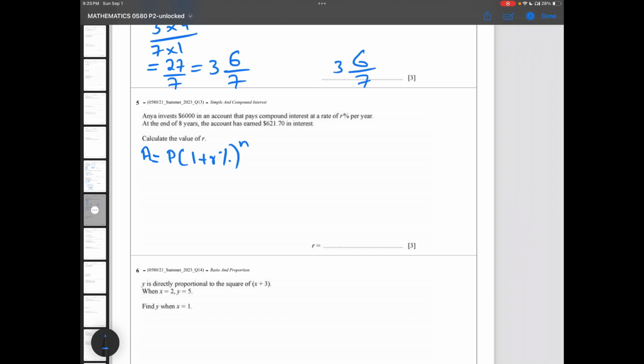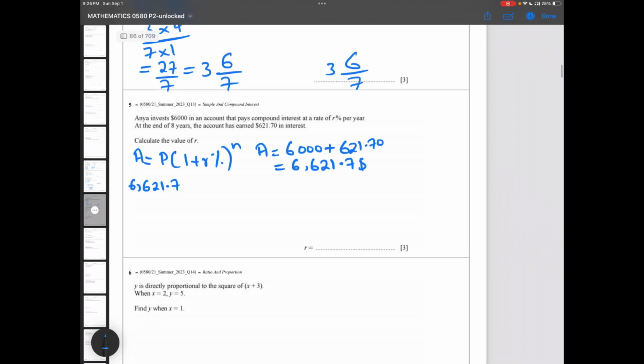So in order to get A, we can see in the question that Anya invested $6,000 and she got the interest of $621.70. So the total money accumulated is 6,000 plus 621.70, that's equal to $6,621.7. So in place of A, I will write 6,621.7